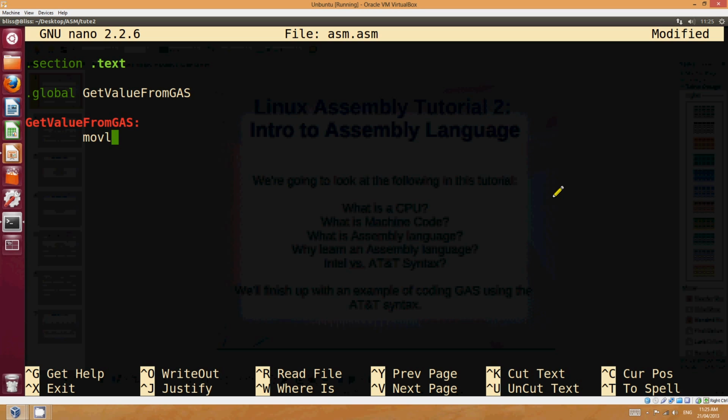Movl $25, %eax. Alrighty, so that's your AT&T syntax assembly right there. So movl is move long, or move 32-bit. 25 is the value that we're moving, and EAX is where we're moving it to. We'll go through